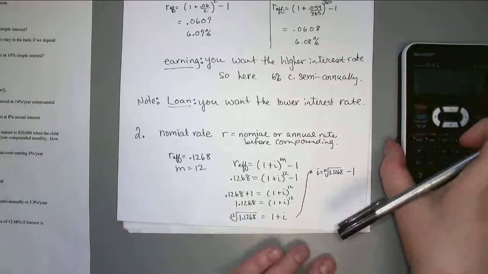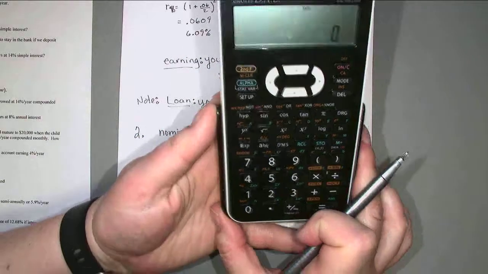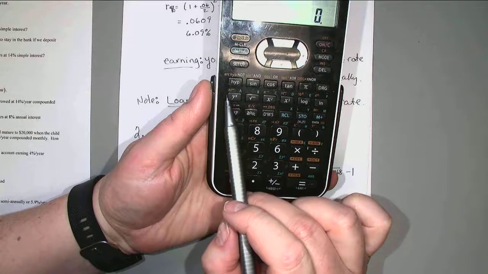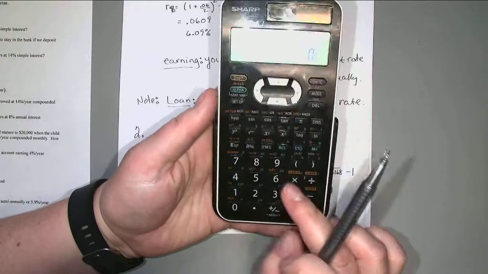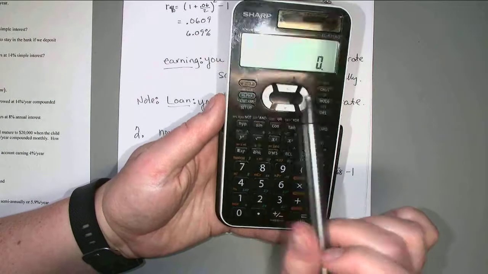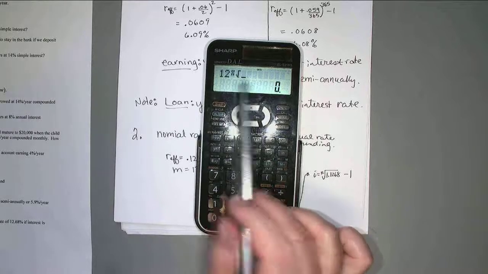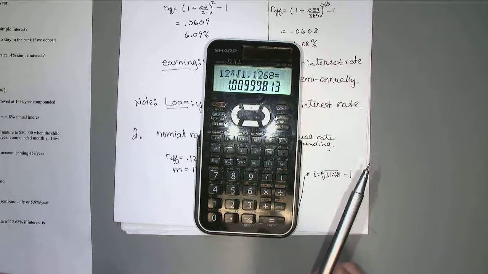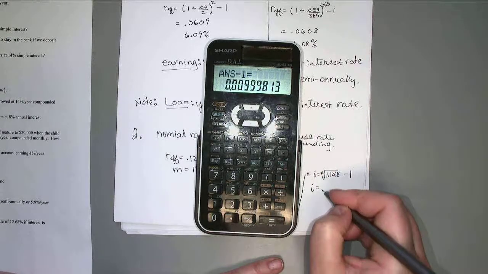Okay, so the root button, so on the calculator, there's a y to the x button right here, and right above that it says x and then a radical sign, so that's the root. So you want to hit 12 and then second function. So that's what that looks like on the screen, the 12th root of 1.1268, and then subtract 1. So we'll get I equals